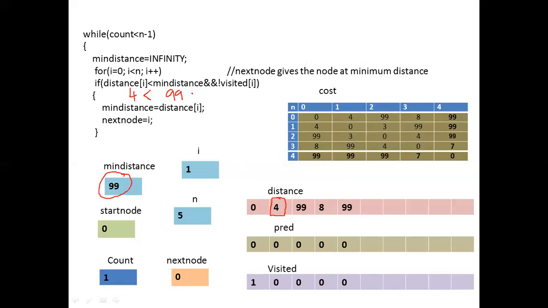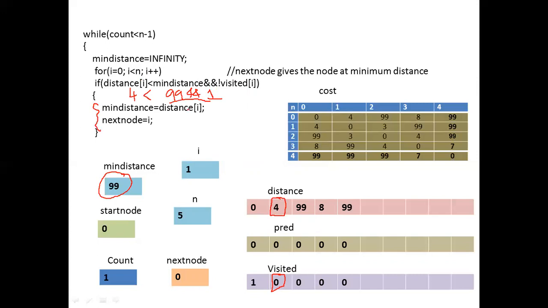and logical and. Now we can observe visited of 1. What is the value? Visited of 1 value is 0. Not of 0 means its value becomes 1. Now we can observe both the values are 1, so obviously the resultant will be 1. So now this condition will become true. If this condition is true, then this block will be executed.